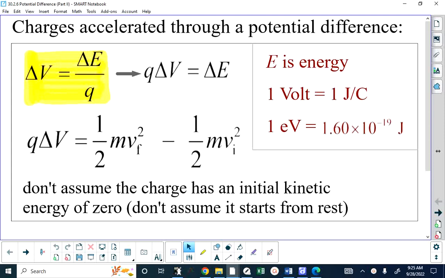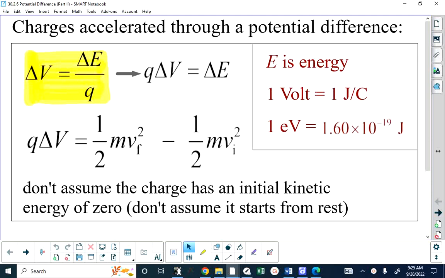On the left-hand side of the screen, that formula that I have highlighted is kind of a definitional formula. It tells you the definition of voltage or potential difference: the ratio of the change in energy involved as a charge moves from one place to another